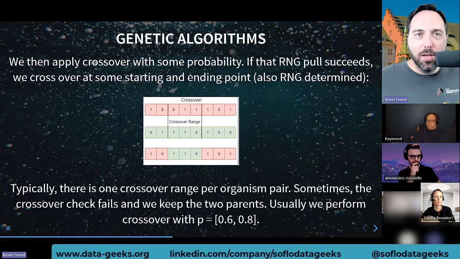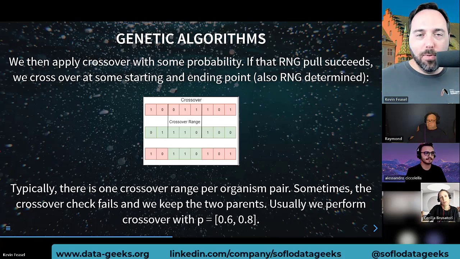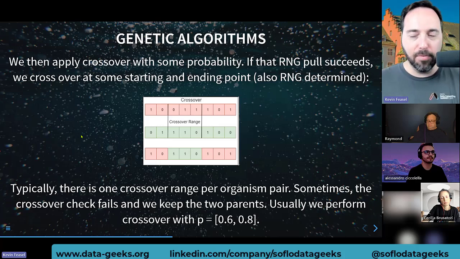Then we take those results and we say, okay, we're going to perform crossover. We're going to essentially mate the good results. And the way this works in a classic genetic algorithm is